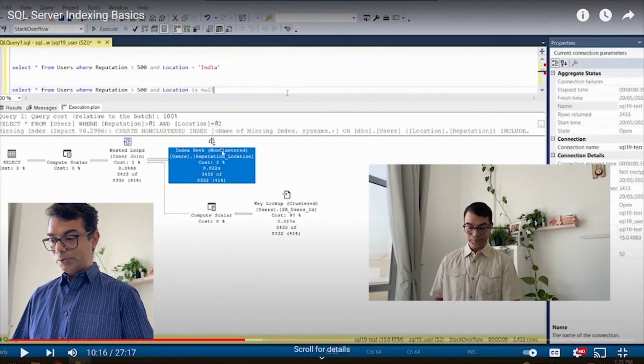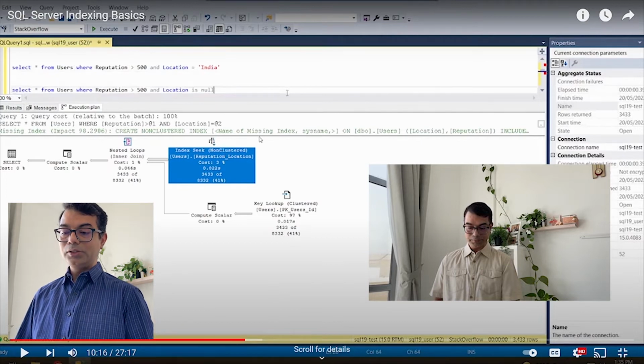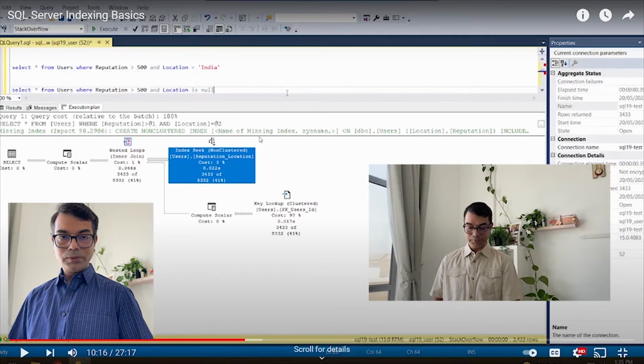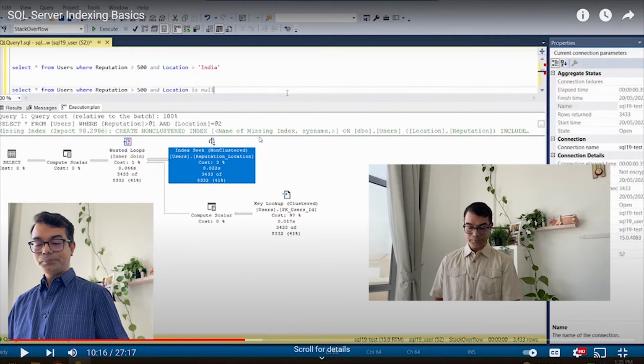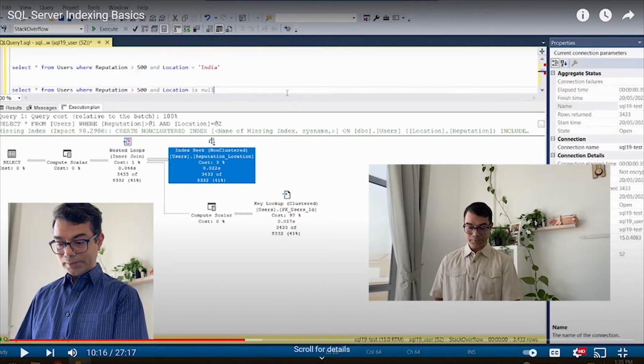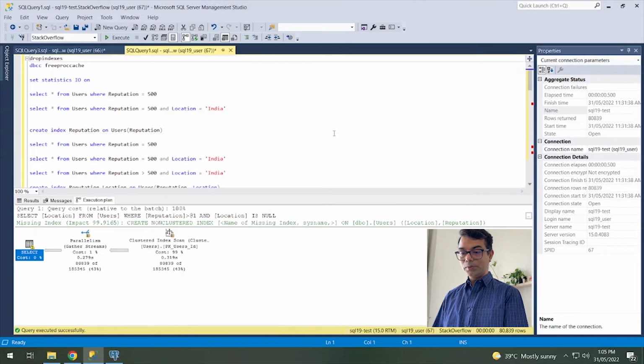So this was the video that we covered last time, and this was the query. Select star from users where reputation greater than or equal to 500, which is an inequality operator, and location is null. At 10 minutes 16 seconds I had this query which I skipped, right? Now today we'll cover the other one. We'll just do a review of what all things we did.